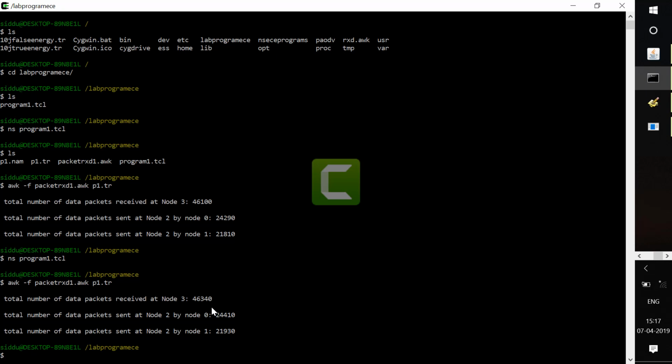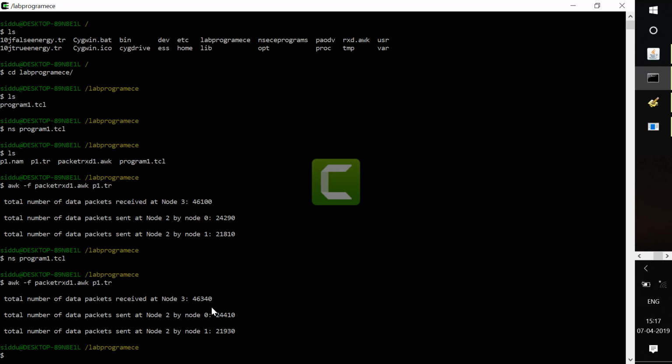This is the first experiment of NS2. In this experiment mainly we have to change the bandwidth and calculate how many packets are received. Once you get the sent packets and received packets, you can calculate other performance metrics like packet loss.